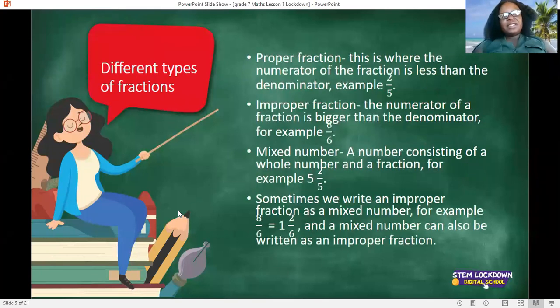And then we have basically 3 different types of fractions that you're going to look at in grade 7. So the first one is a proper fraction. This is where the numerator of the fraction is less than the denominator, for example, 2/5. And then the next one,